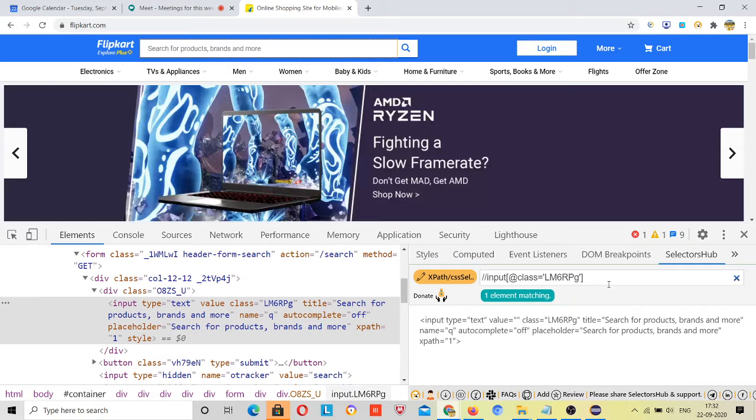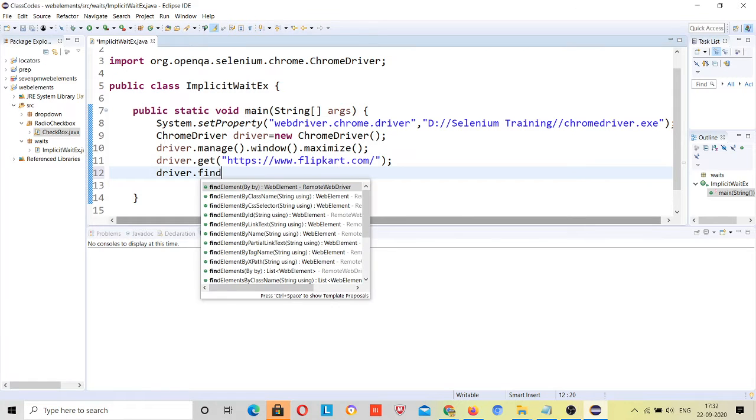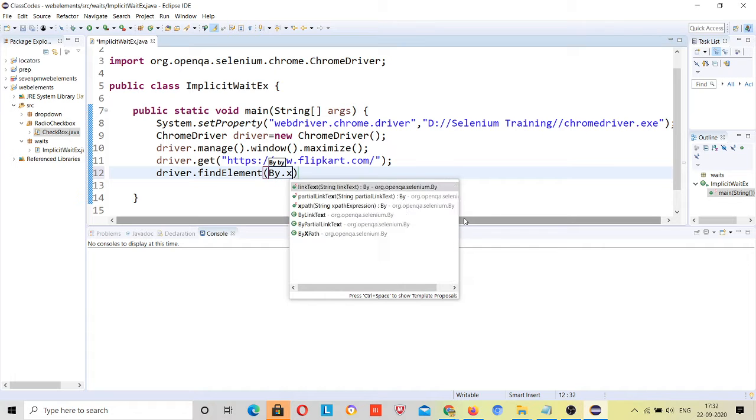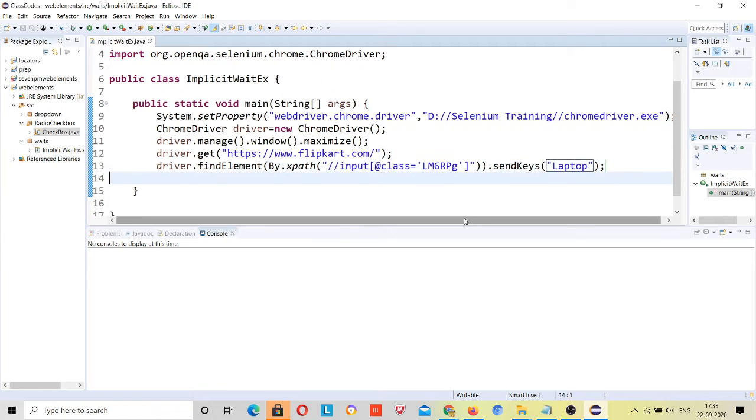Now we can use this XPath. Driver dot find element by XPath, give this, input at the rate class is equal to, and send keys laptop.